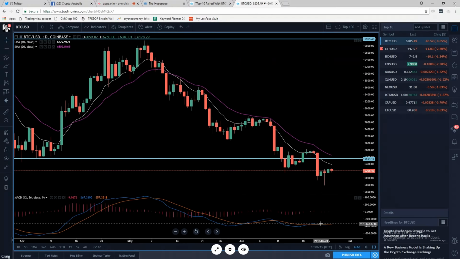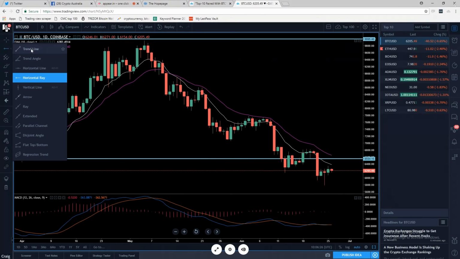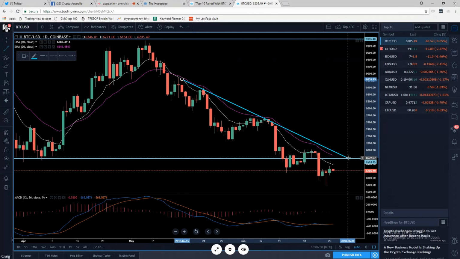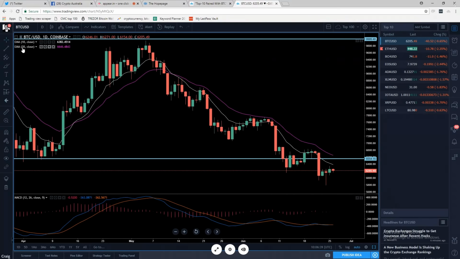So just for the people at home, can you just draw a trend line on the price going down and making those lower lows for us? Sheesh, you got me. A trend line. Let me see. I haven't drawn one of them for a long time. I think you're talking about just a visual representation of the MACD. I'll tell you what, if we're doing a visual representation, I'll show you what probably makes more sense.